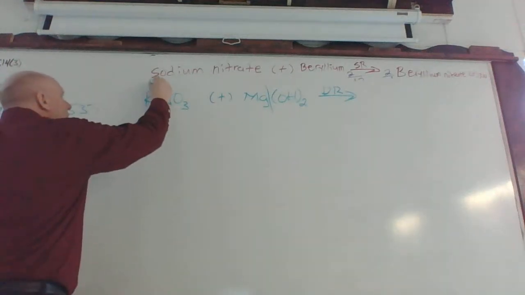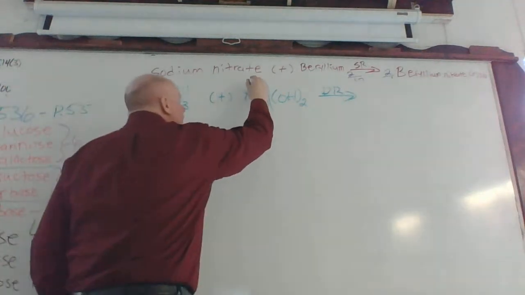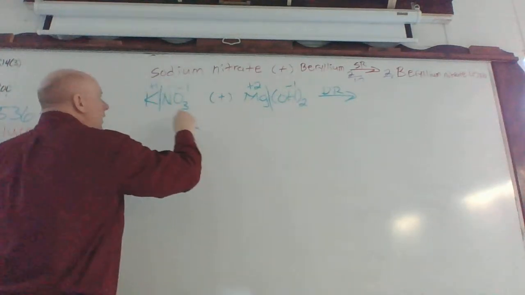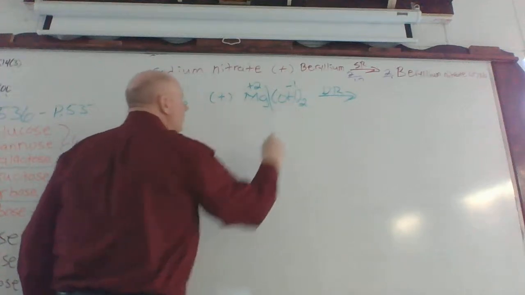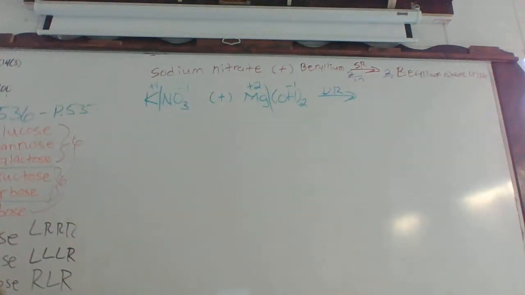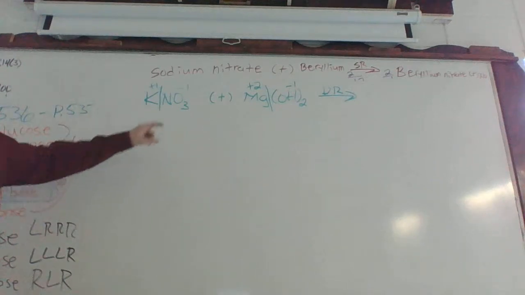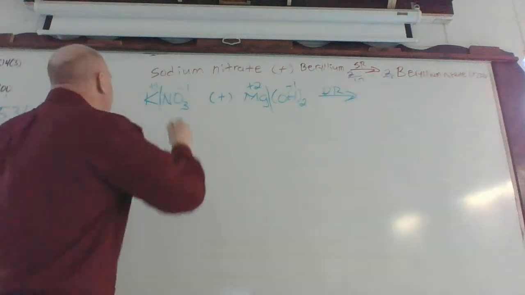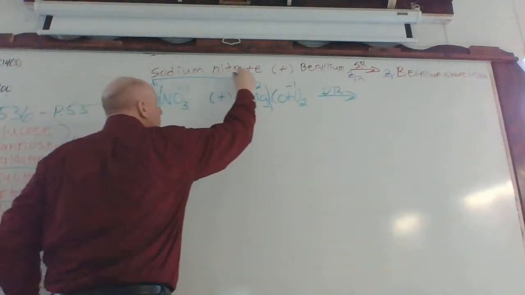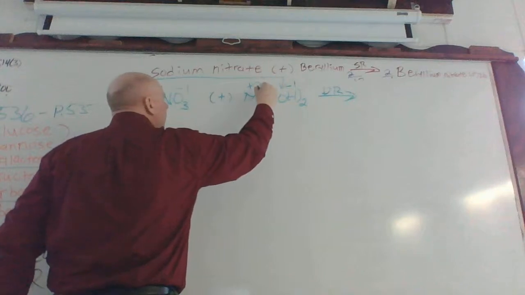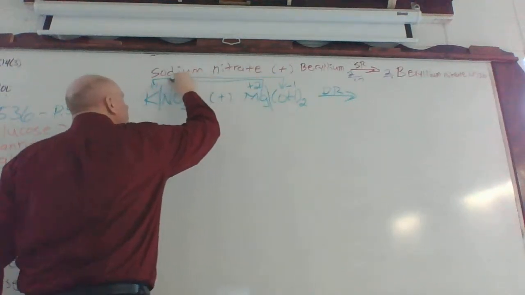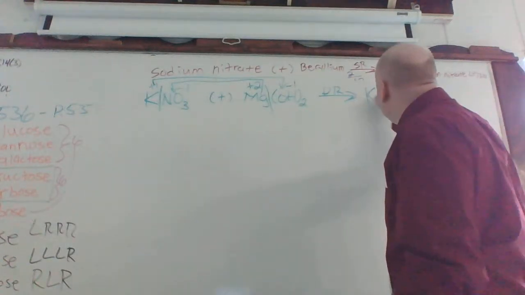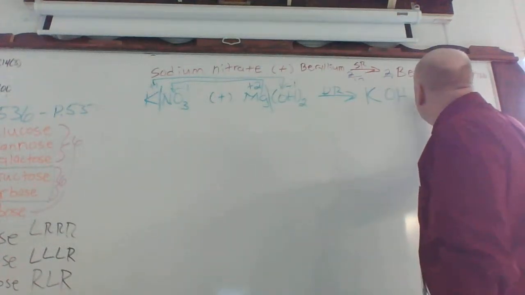Remember, this is positive 1, negative 1. This is positive 2, that's negative 1, and we've got 2 of them. So of these 2 subscripts, which one is going over to the right for sure? And it's going to be this one, because again, this is part of the nitrate formula. So the positive ion of one bonds to the negative ion of the other. The positive ion of this one bonds to the negative ion of that one. So potassium and OH plus